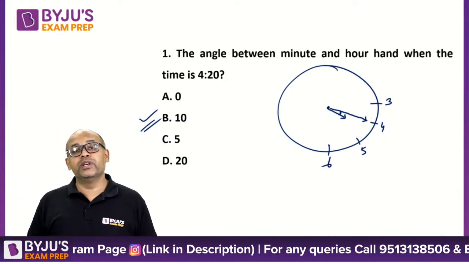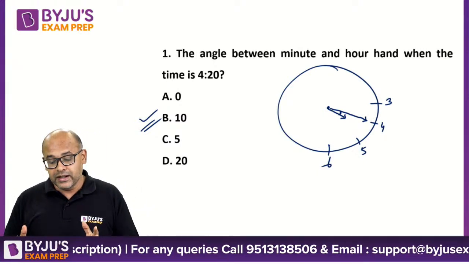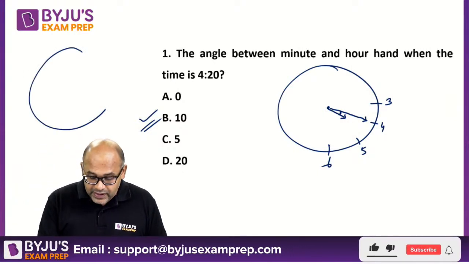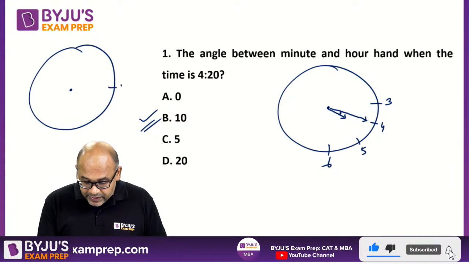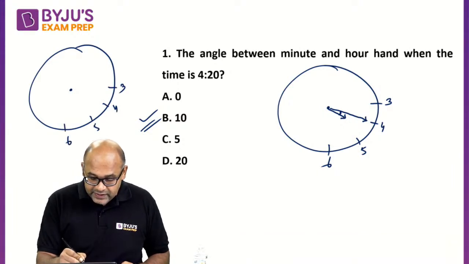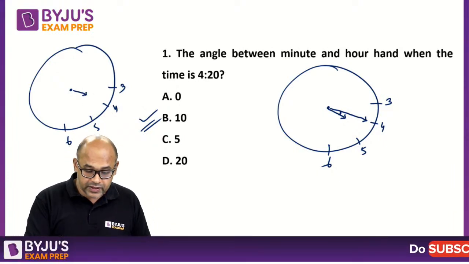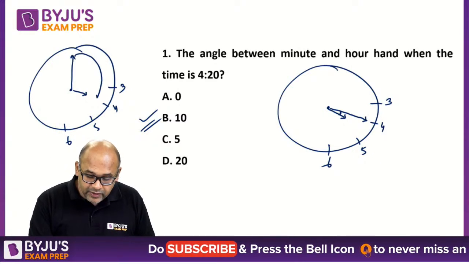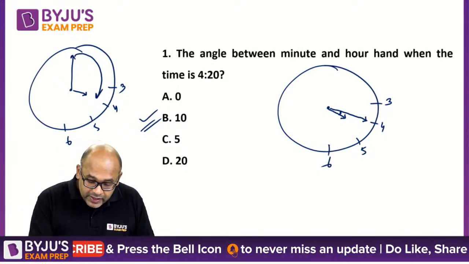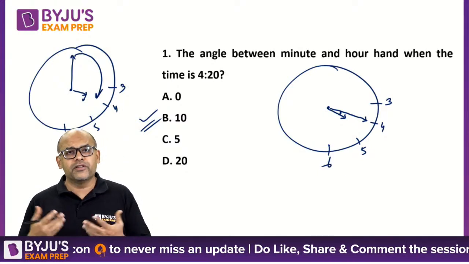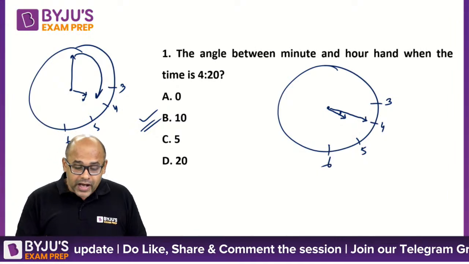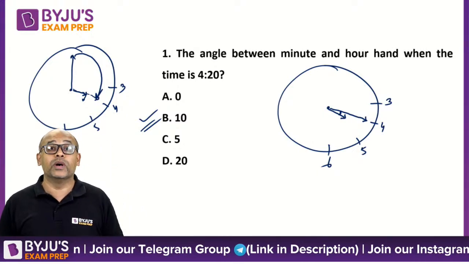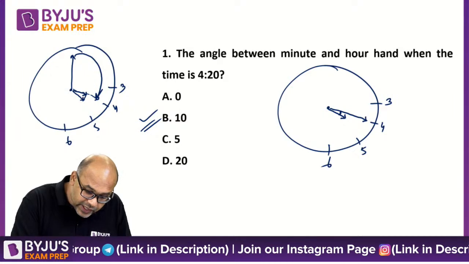Now the idea here is, I will take 4 o'clock initially. This is my 3, this is my 4, this is my 5 and this is my 6. My hour's hand would have been here. This is where my minute's hand is. Now what happened here? Slowly the minute's hand came here. While the minute's hand was moving, the hour's hand moved a little bit. Obviously it will not move as much as the minute's hand. And basically the minute's hand is in exactly the same place where the hour's hand was earlier. Now the hour's hand is at this point.